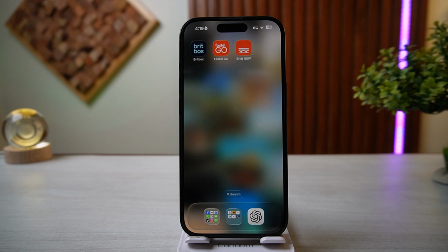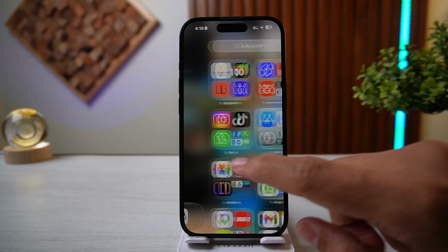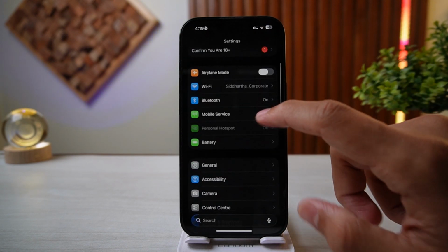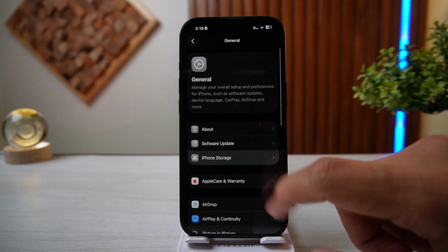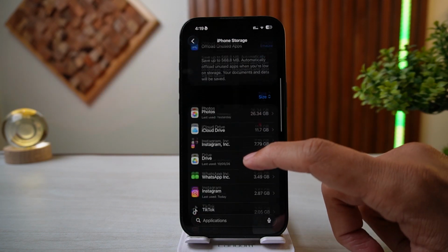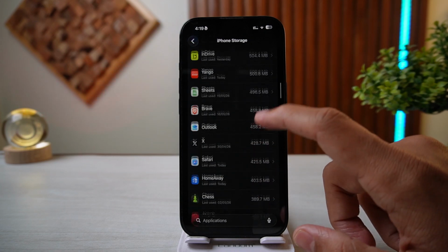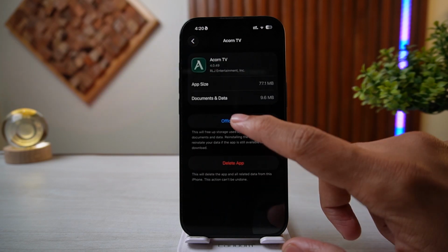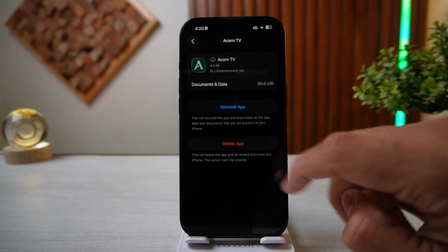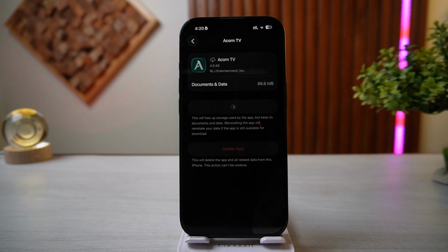However, if you're still facing any login errors, you want to go to your settings, scroll down and tap on General, tap on iPhone Storage, and you want to scroll down and navigate yourself to the Acorn TV application. Tap on Show All, tap on Acorn TV, and simply offload the app from here. You want to reinstall the application again, and what this does is it deletes the application while keeping its documents and data. And the next time you open the app, you shouldn't be facing any kinds of problem regarding your